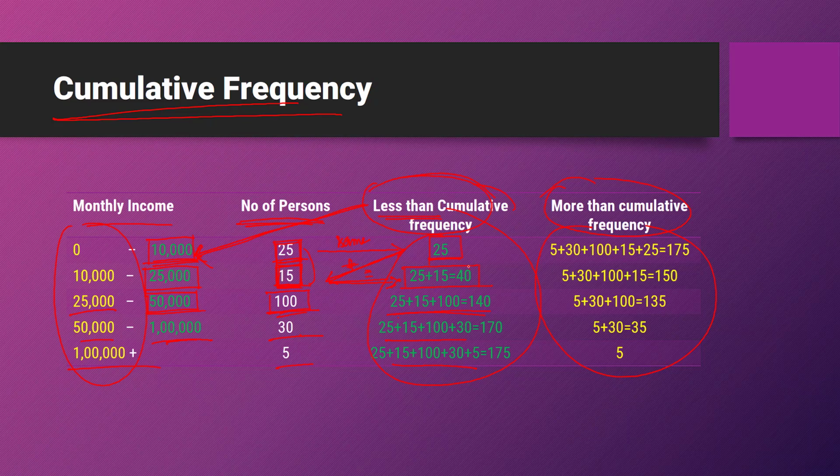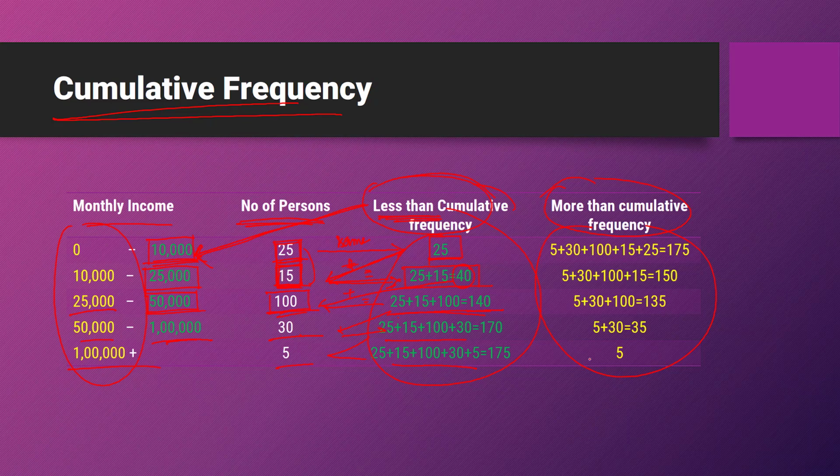Similarly, the value here is 40, right? 40, diagonally down, plus, equal, 40 plus 100 is 140. So this is how you calculate less than cumulative frequency, right? Now